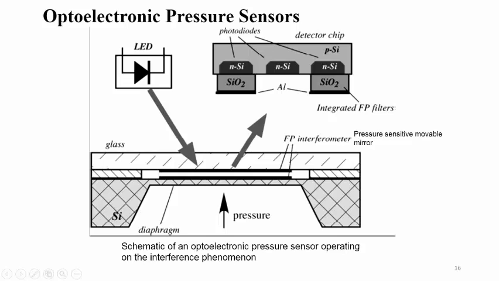The movement or displacement of this diaphragm depends on the pressure, and with respect to the pressure the light intensity that it receives from the light emitting diode changes, and it reflects the intensity of light towards the photodiode, and the photodiode will give you the change in the output voltage. So this is the basic working principle behind this particular optical based